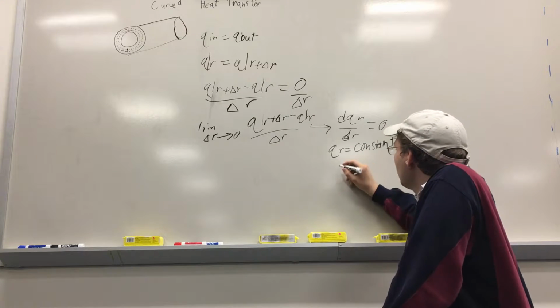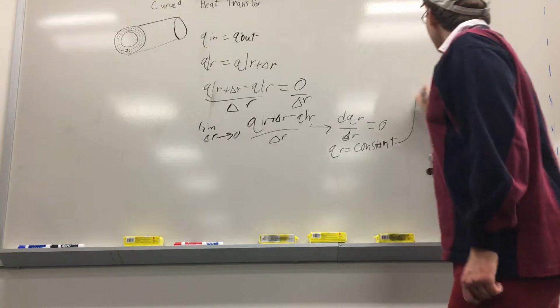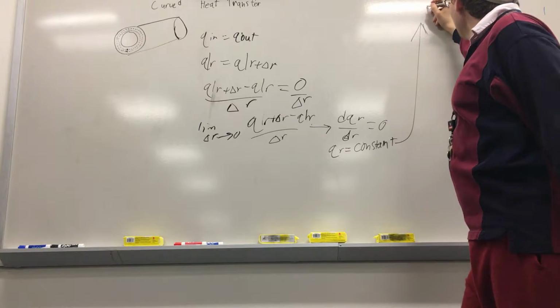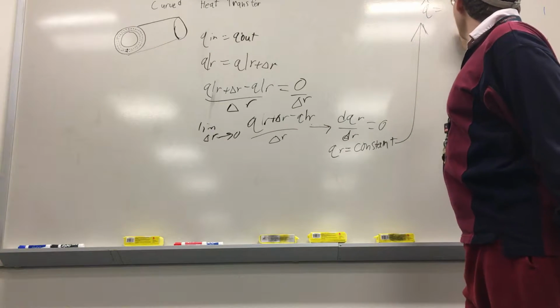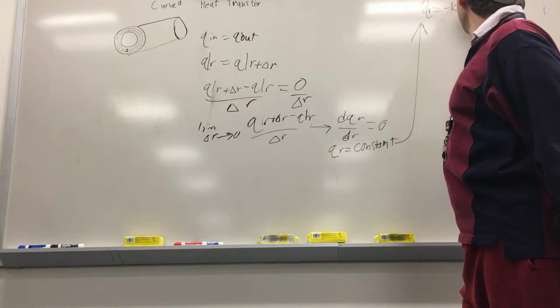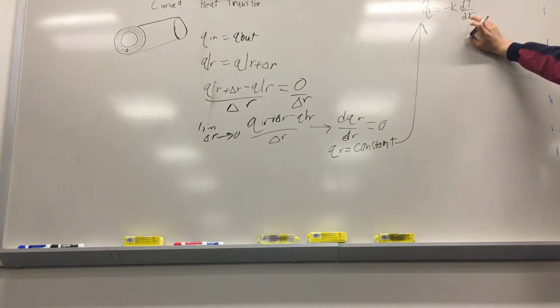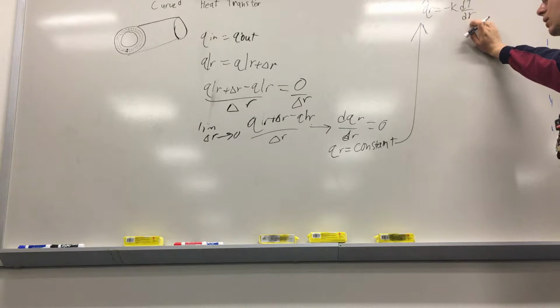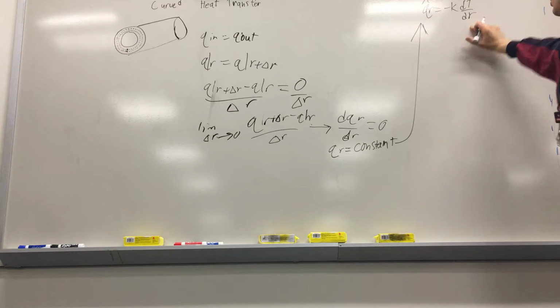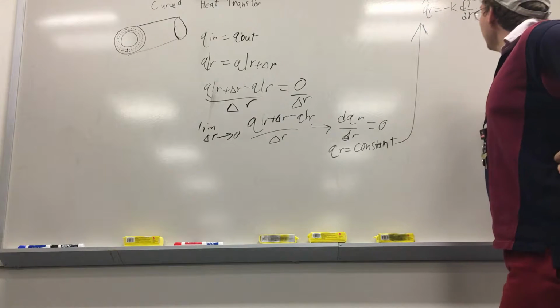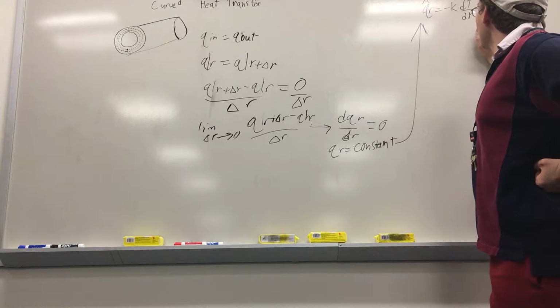So pretty much what I'm going to do now is bring this up here and say, well, why do we care? How does this relate to Fourier's law, which, in case you've forgotten, is right up there. It's dr instead of dx because we're looking at heat flow in the radial direction, so we want the temperature differences in the radial direction as well. So what we're going to do here is just